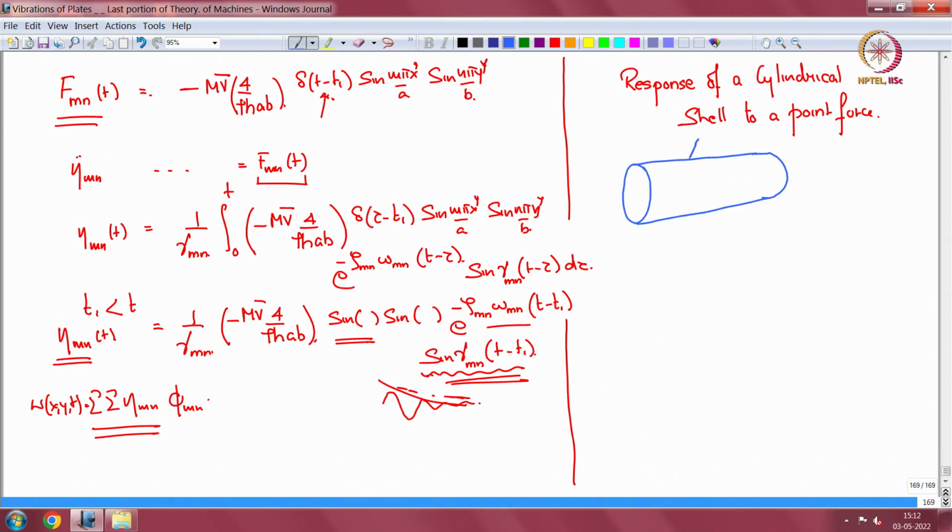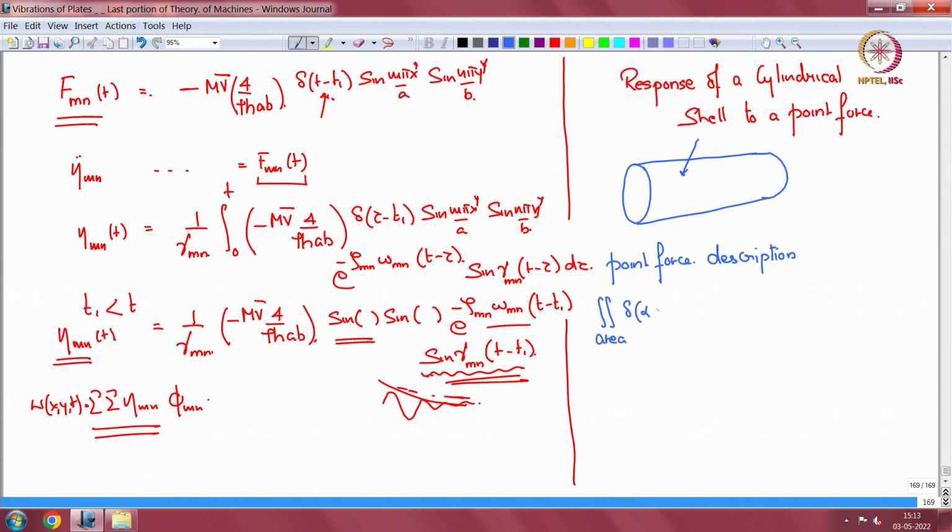And somewhere I am applying a point force. Now the point force description is also different when you have curvatures. Okay. So what you should get is integral over the area of this structure